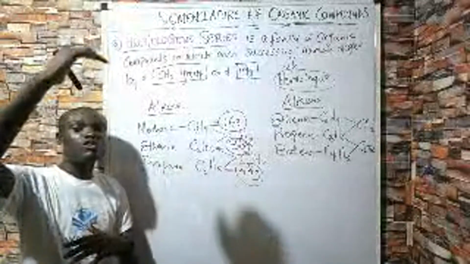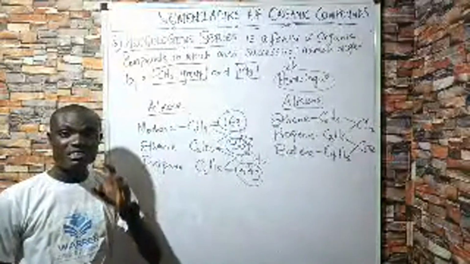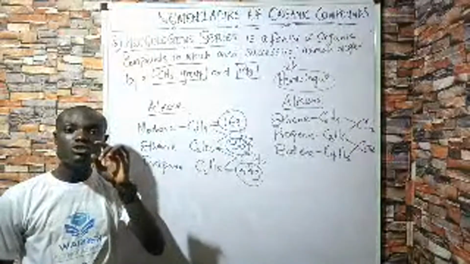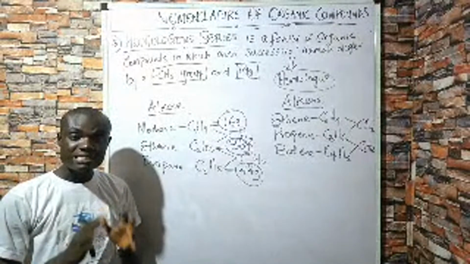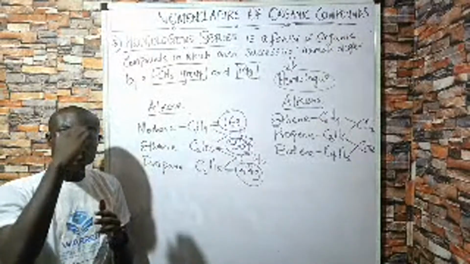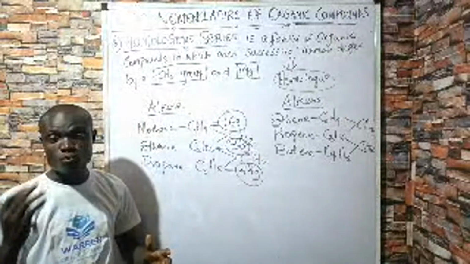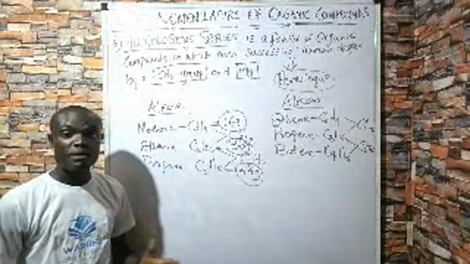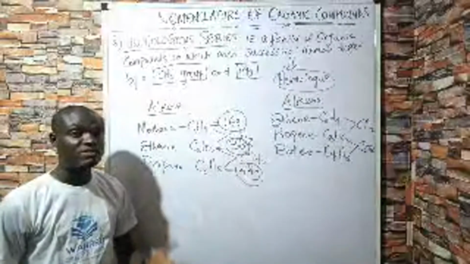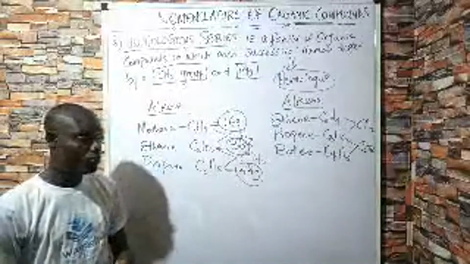The next thing we are going to look at is a list of all the homologous series we have in chemistry. But before we do that, I'll just add something to the note I gave you on the number of carbon atoms. We said the number of carbon atoms ranges from 1 carbon atom and beyond. So for 1, we talk about meth. For 2, we talk about eth. For 3, prop. For 4, but. For 5, pent. 6 hex, 7 hept, 8 oct, 9 non, and 10 dec. And we can go beyond that.